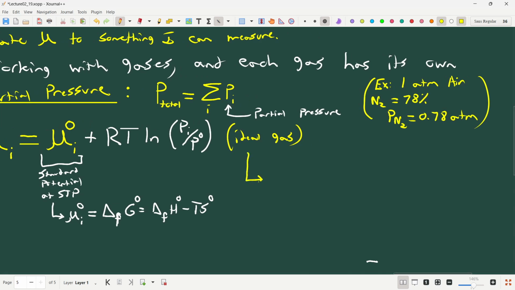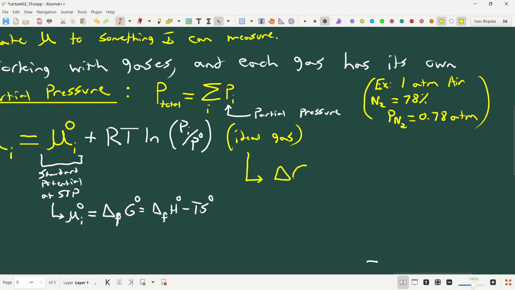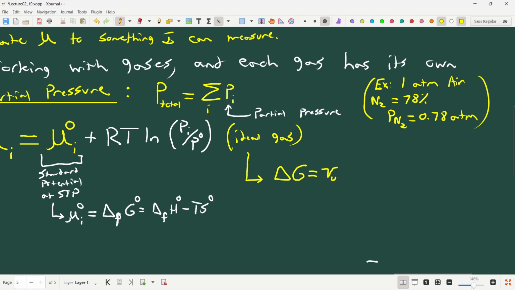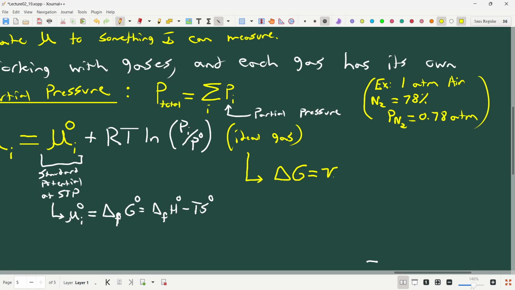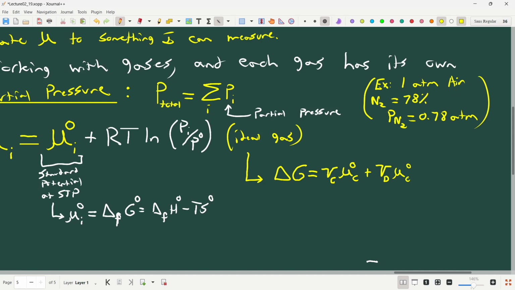I can write that delta G at some point along the reaction is, and I'm just going to skip through some of the algebra here, the stoichiometric coefficient, sorry, I'm using different labels, you probably wonder what the hell Y is, of C times the standard chemical potential for C plus the stoichiometric coefficient for D times the standard chemical potential for D